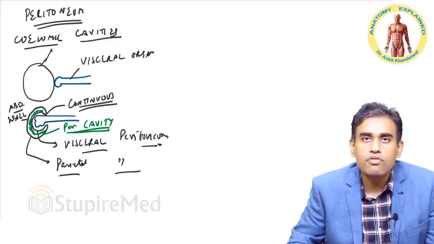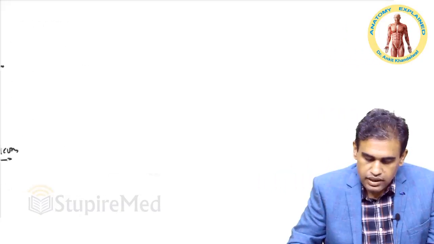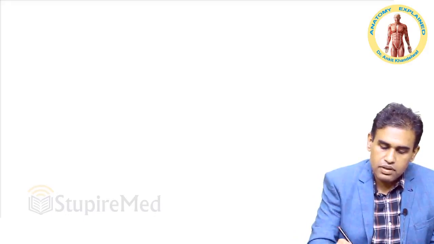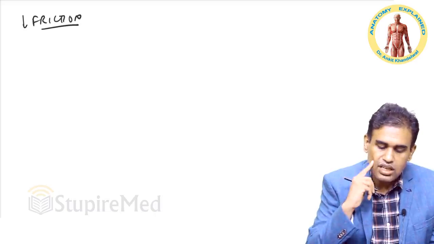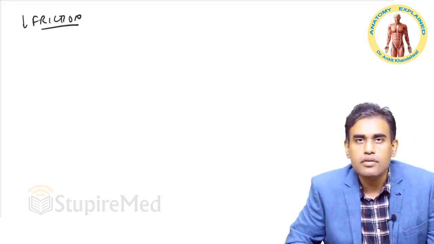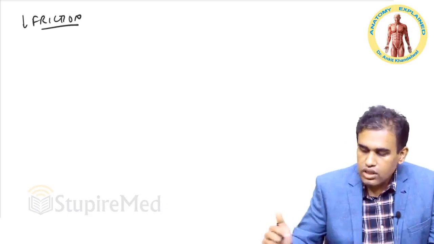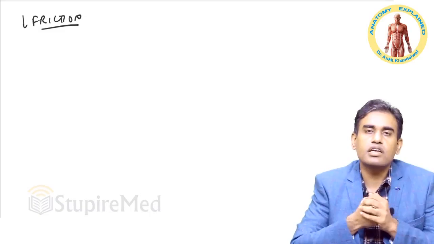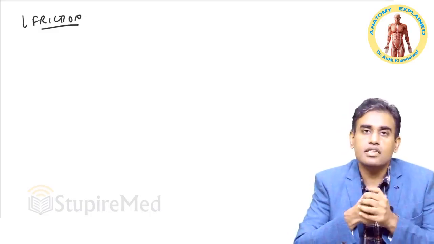Now the second thing: we know that peritoneum is formed, but why do we have this peritoneum? The reason is that it has to reduce friction. Why does it have to reduce friction? Because every time we eat or drink anything, our intestine, our gut, undergoes peristalsis. So all the time it is moving, and you need a smooth surface where they can easily move without rubbing against each other.